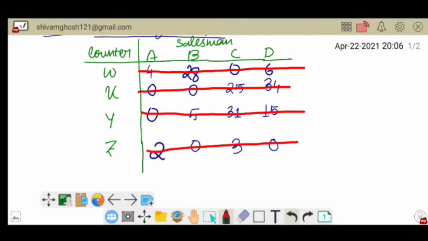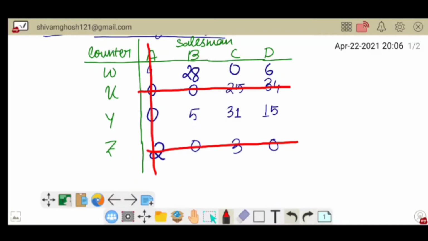Okay guys, if you want to draw the lines horizontally, then you can also draw horizontally, there will be no issue. We have to cover all these zeros. If we draw the lines horizontally or vertically, the answer will be the same, so there is no reason to be confused.